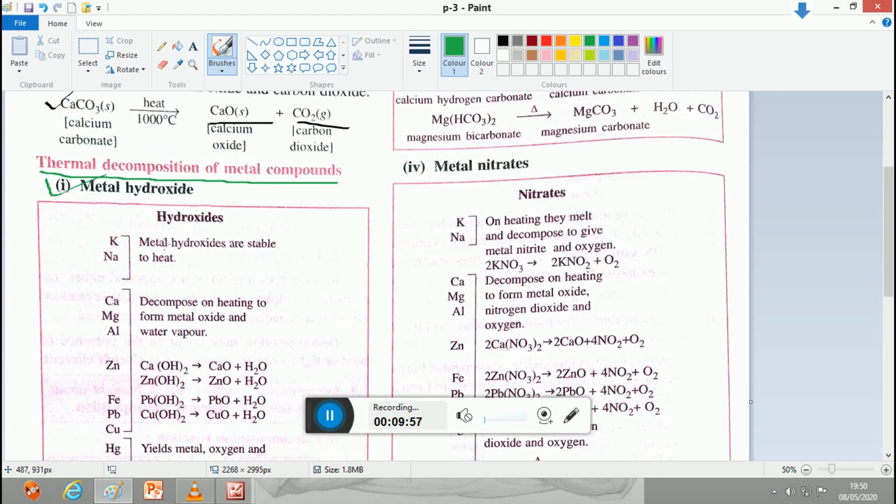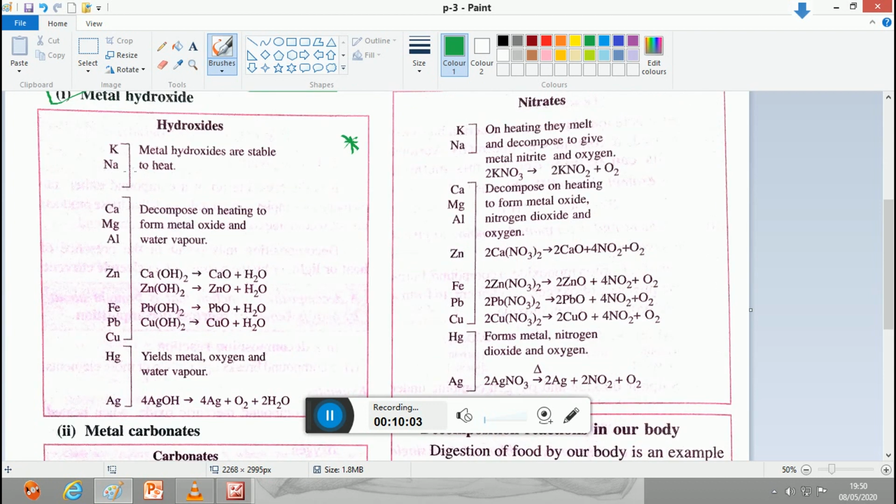The first is metal hydroxides. This table is very important for your exam. Very important. Potassium and sodium: these metal hydroxides are always stable. Their nitrates are also stable, and their carbonates are also very stable to heat. They will produce nothing. Calcium, magnesium, aluminium, zinc, iron, lead and copper,